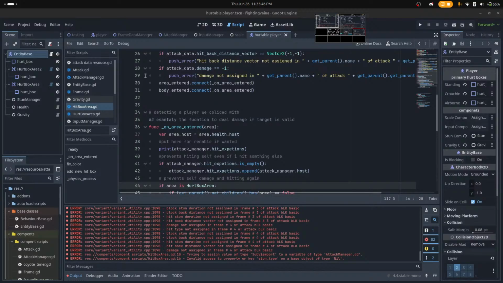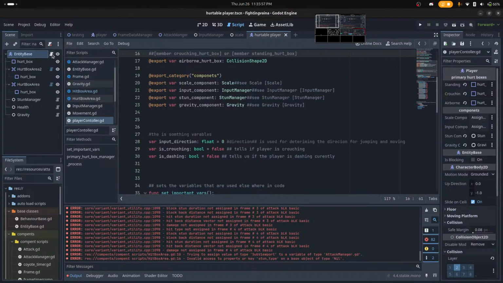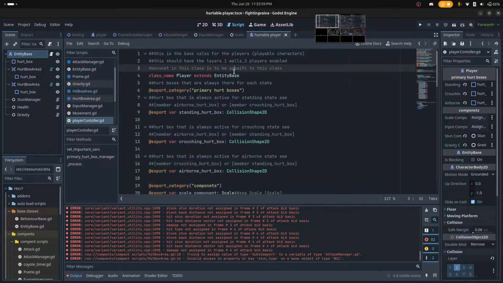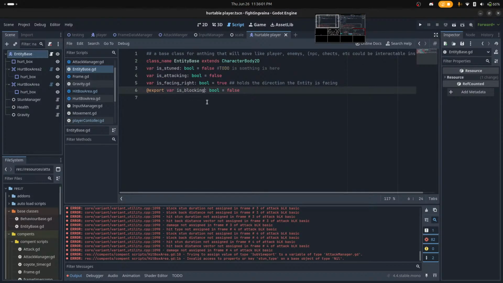But alright, walking left and walking right. Alright, so first thing, entity base. We need a blocking left, blocking right, and then